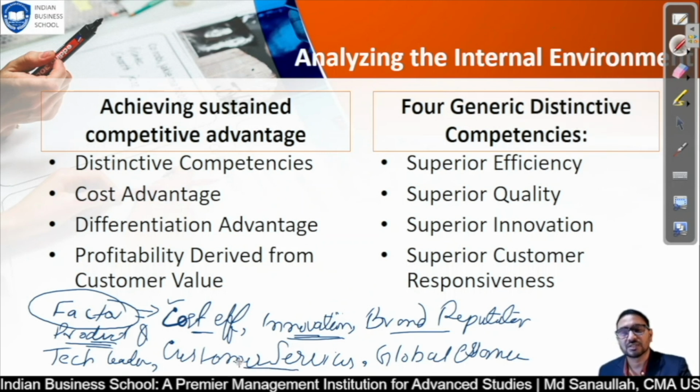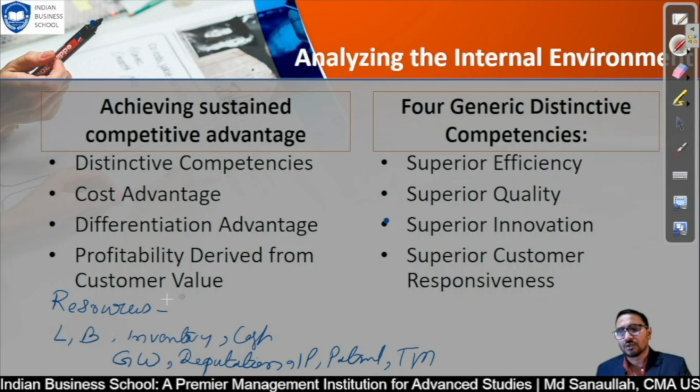And customer service is simply the same thing. Post supply or post product sale, you need to give support service. Okay, that will be very, very important. Now global essence, I mean to say, like Unilever, Walmart, they have a global presence worldwide, or Apple, this company being known worldwide, right? So this will be considered global essence, which will give you the competitive edge compared to your competitors. Okay, so now we will discuss the resources, how resources impact and give you competitive advantage, specifically a distinctive competitive advantage.